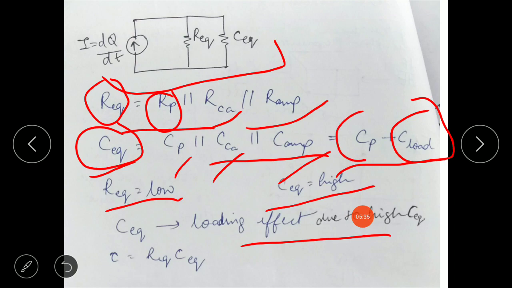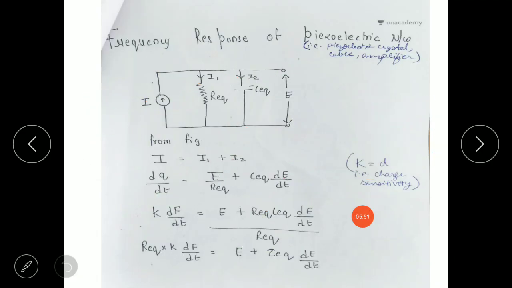So this is the internal capacitance of the piezoelectric crystal, and this is the loading effect of the capacitance, and because of this the whole capacitance value gets high. Tau is the time constant, which is equal to RC, or you can say R equivalent C equivalent. Now we'll find the frequency response of this piezoelectric network, that is the network consisting of the piezoelectric crystal, cable and